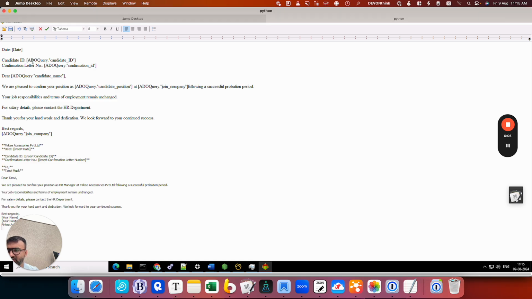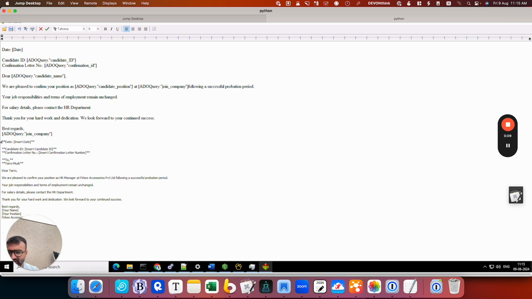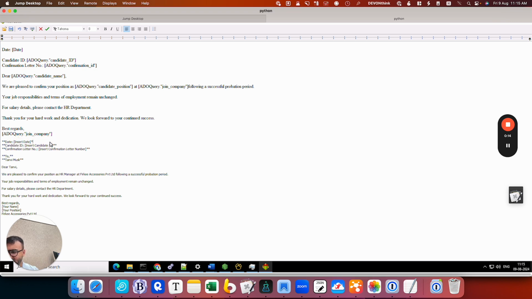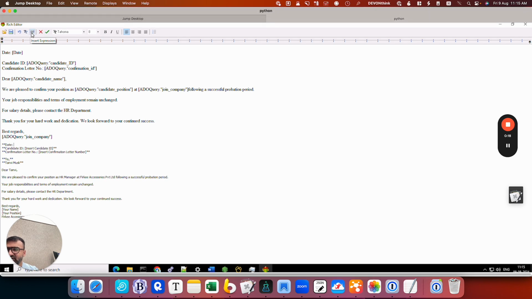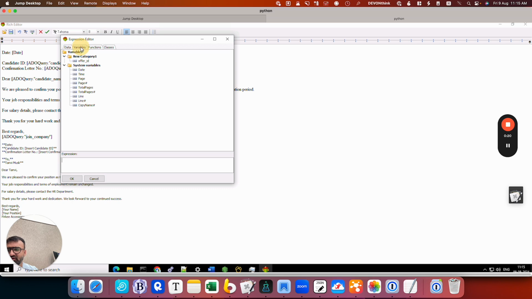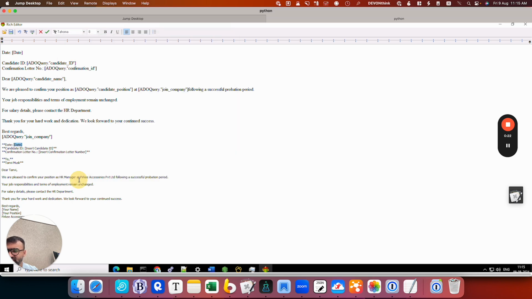Okay, in a rich text object, you paste in your letter that you wanted. Okay, now I've got both of it, but I will show you. So for example, I want to insert in my template the date over here. Okay, I will come to this insert expression button, click on variables, click on date, and today's date will be